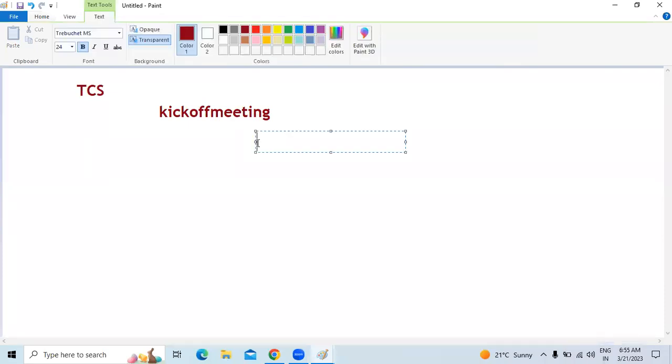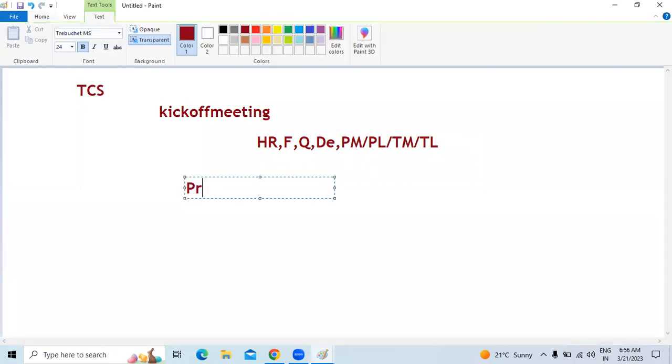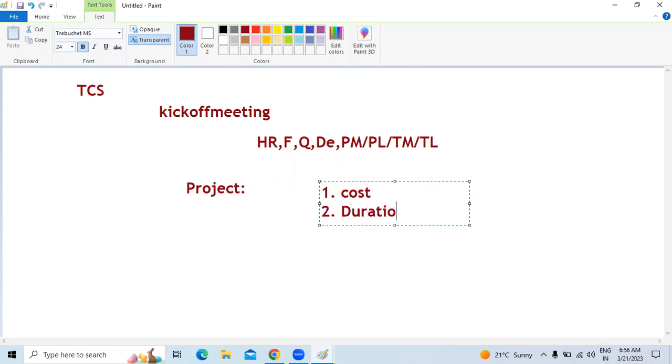In this meeting, all the high level people, like the HR managers, the finance team, the quality team, the delivery heads, the project managers, the project leads, the team managers, the team leads, all people are going to be included and they are going to be discussing the project. So in order to develop this project, how much cost can we bear, and the duration, how much duration we require,